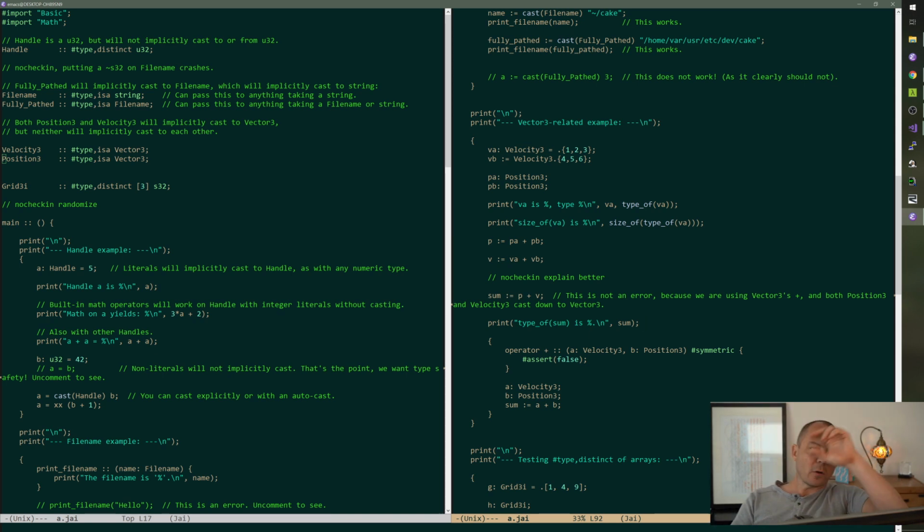Unless all our functions are, because the problem is 3 times vector 3, or 3 times velocity 3, is going to return vector 3.